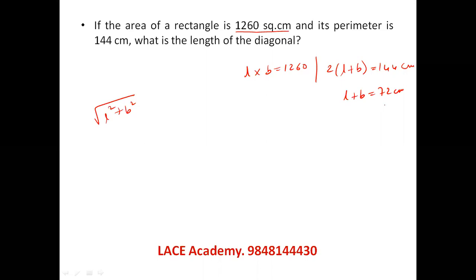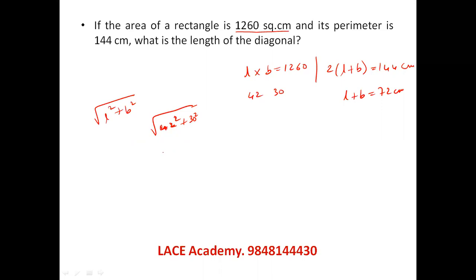But let us see if you can find out any values where 1260 and 72, these two can be actually satisfied. 1260 can be written as 60 into 21, but their sum is not this one. So if I take 42 into 30, 42 threes, perfect. So I can say L and B are 42 and 30. So he's asking a square root of 42 square plus 30 square. That's what he's asking, frankly speaking, 42 square plus 30 square.